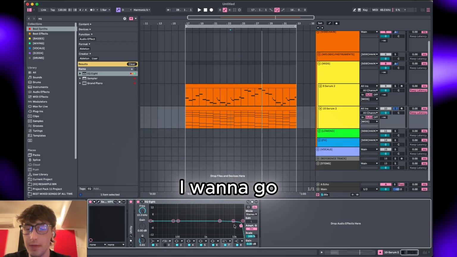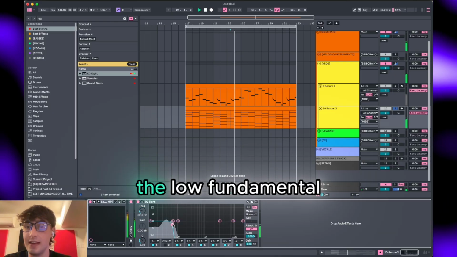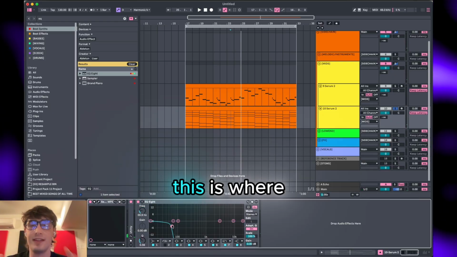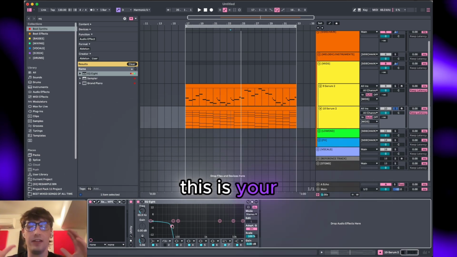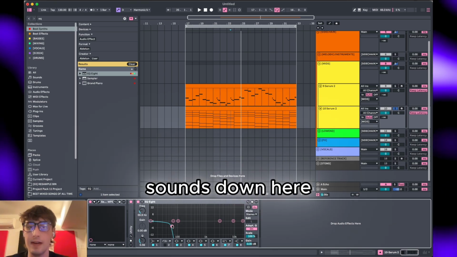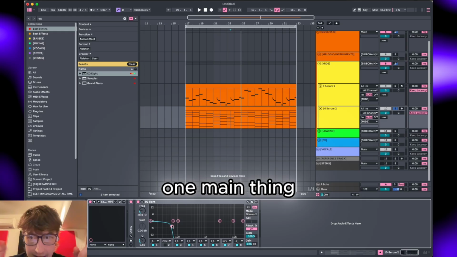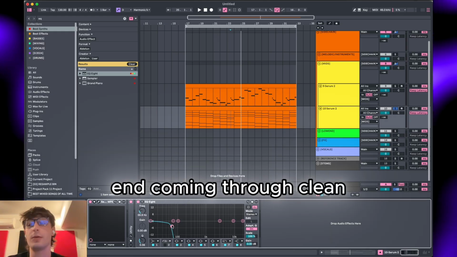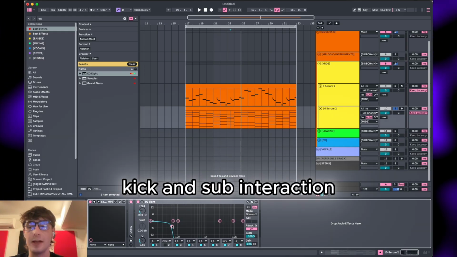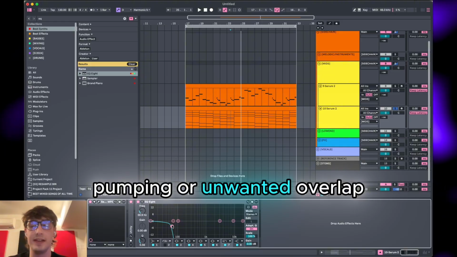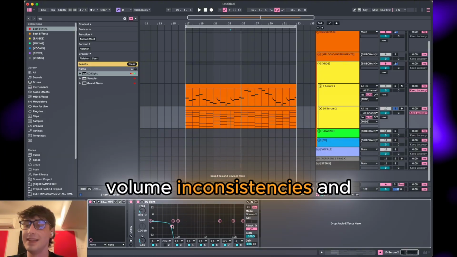The first spectrum I want to go over is sub, the low fundamental. Especially for bass music, this is where everything begins. This is your sub, the lowest fundamental of your sound. Down here, I'm listening for one main thing. Is the low end coming through clean? This is where you can hear kick and sub interaction, pumping or unwanted overlap, phase issues, volume inconsistencies in the